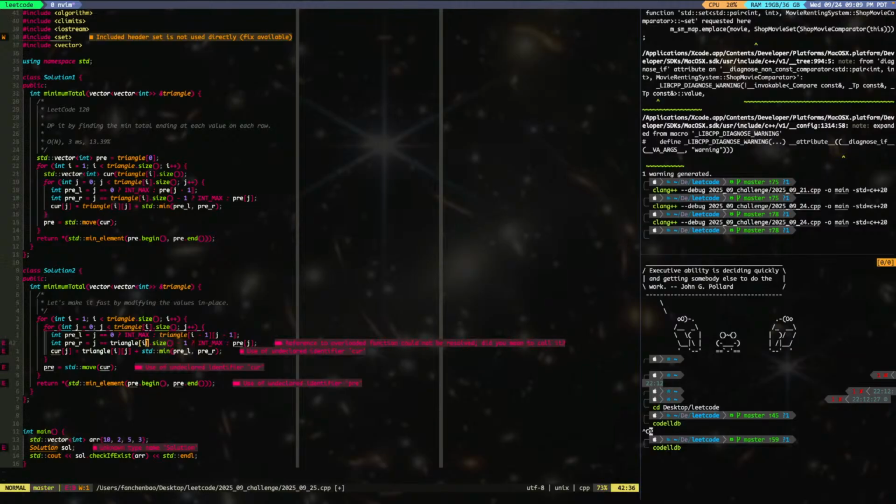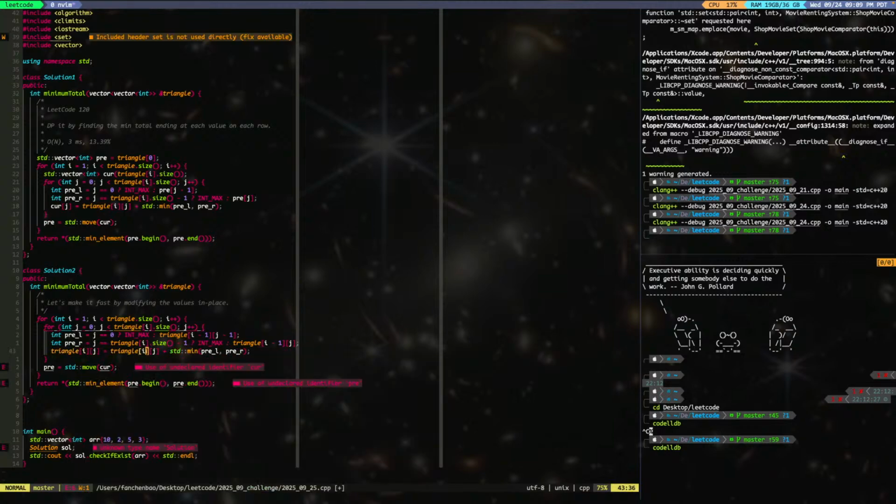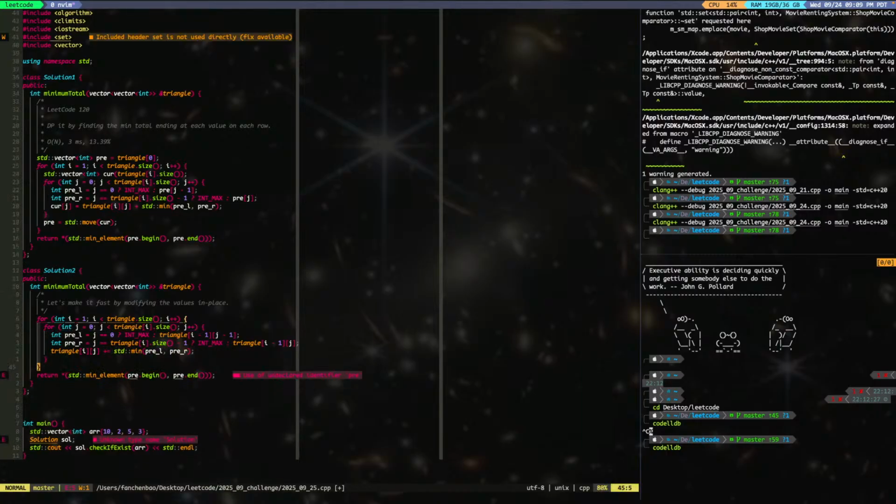And this is triangle I. This is fine. This is triangle I minus 1. And this is going to be triangle ij plus equal to. This is not necessary. This is going to be triangle